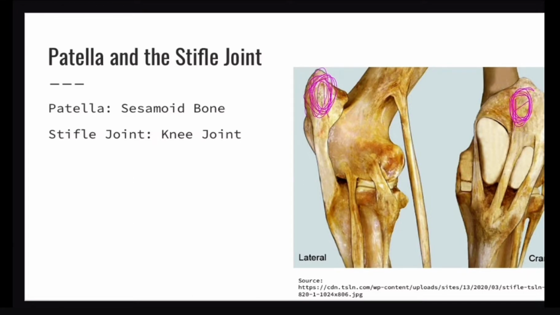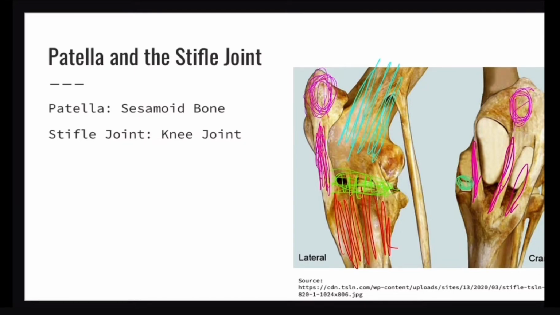The stifle joint is a ginglymus joint that is located on the bovine hind limb that connects the femur and the tibia and fibula. And they articulate here in the center, otherwise known as a hinge joint. It has extracapsular ligaments and menisci that cushion the movement between the bones. Here's the extracapsular ligaments. The menisci are down here,